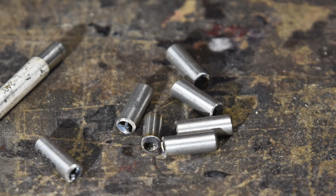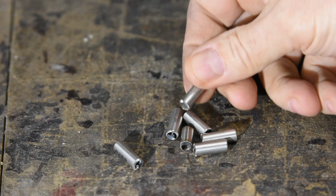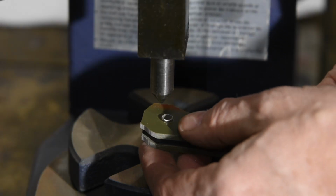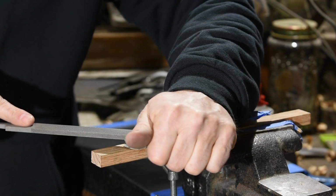In this case, I'm using tube rivets. There are a ton of ways to do this though. I'll put a link in the cards and descriptions to a video I did last year that shows some of the many ways you can attach a handle to a knife. Basically, I'm just going to use small cut pieces of stainless steel tube. Slide them in, file down most of the excess,